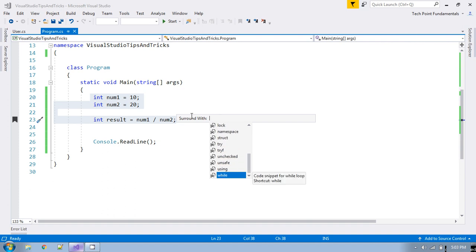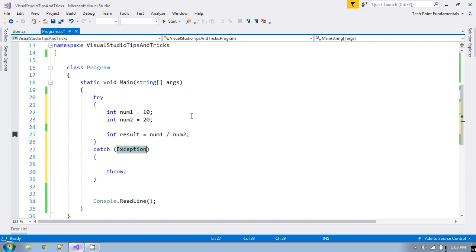There are all the things which are most commonly used in C sharp, like if, region, checked, class, do while, else, enum, everything is there. You can surround it with anything. Here I want just try, you have to just press enter, and there you go.